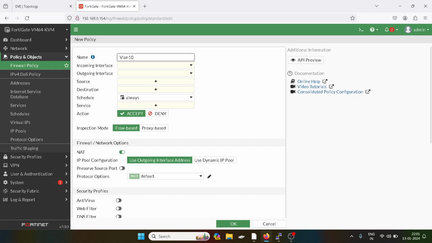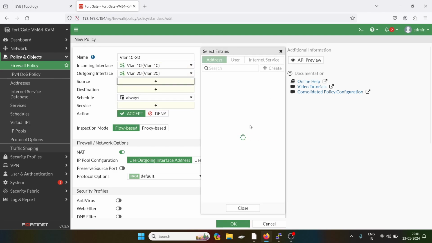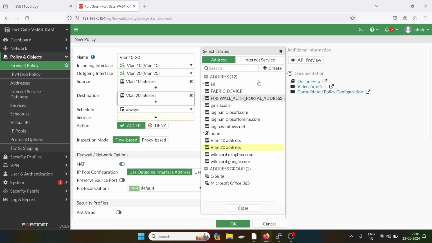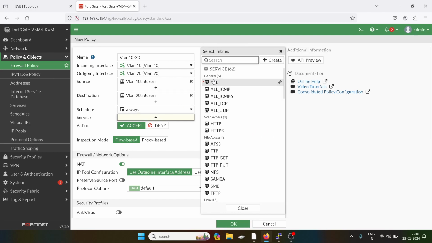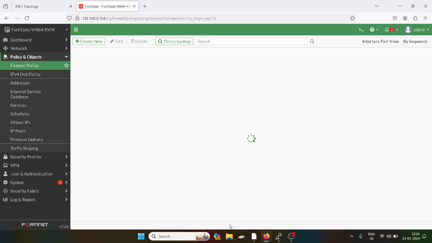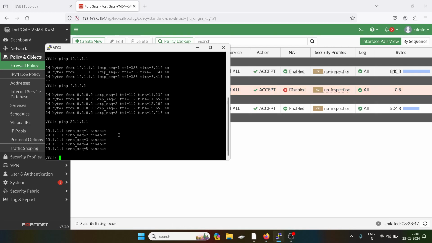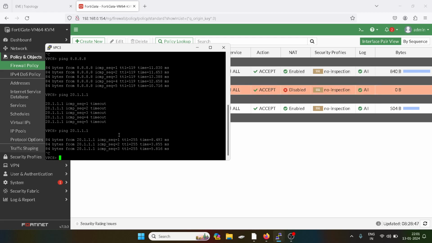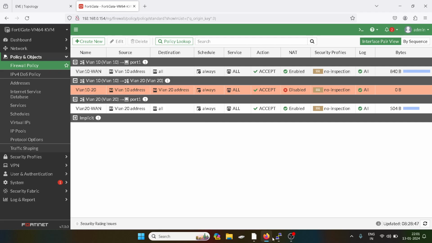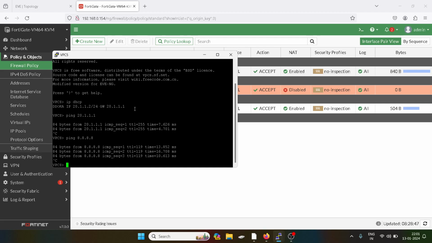So VLAN 10 to 20. Incoming interface will be 10, outgoing 20. Source will be 10. Destination will be 20. Service all. NATing is not required. Click on OK. Now if you try, it will ping. Similarly, I will try to ping the other user. Okay. But from this user, if I try to ping the VLAN 10 user, it will not work, but then